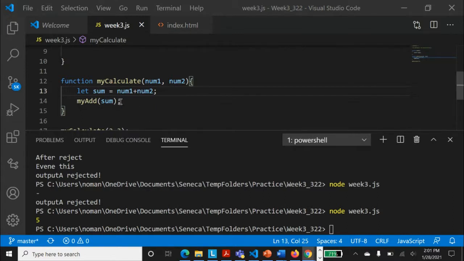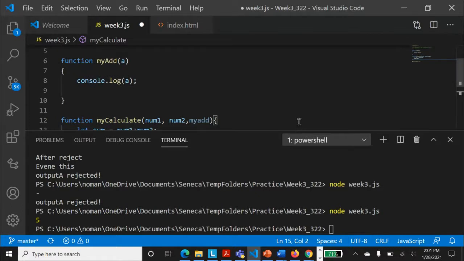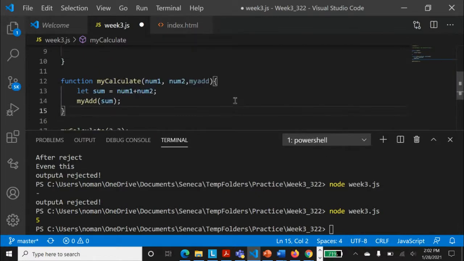Now if I do something different and pass this function as a parameter, my add, remember one thing: whenever we are passing a callback function, we write the function name without parentheses.